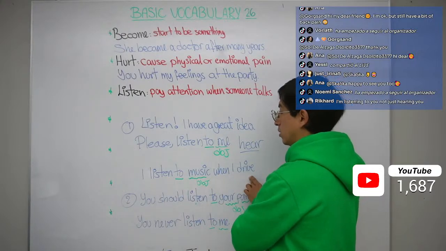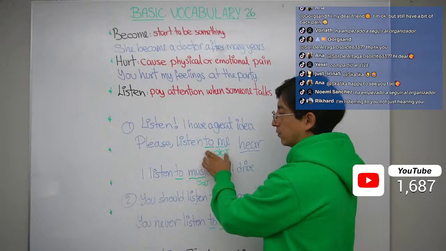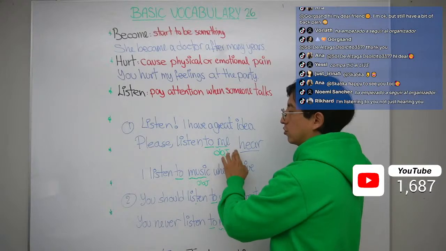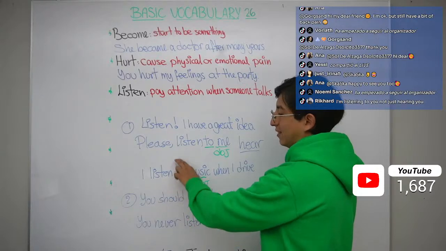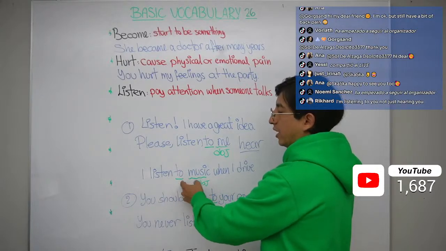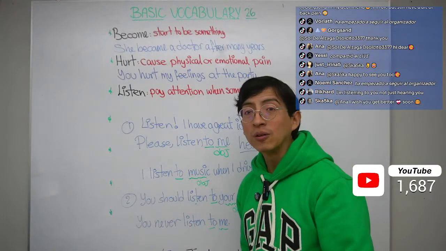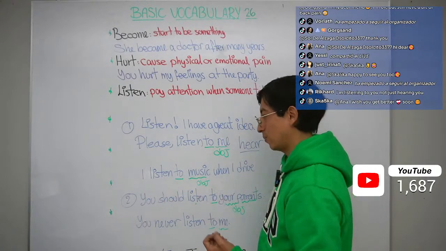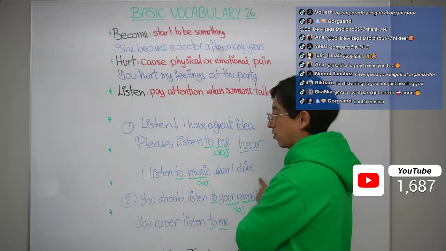I listen to music when I drive. Yo escucho música cuando manejo. Esto es un punto que tienes que acordarte. Listen nunca va solo. Siempre va con to. Listen to me, no listen me. Esto es un objeto. Listen to music, no es listen music. En español no le pongo nada, pero estamos estudiando inglés. Sí o sí tienes que ponerle esta preposición. Listen to music when I drive.